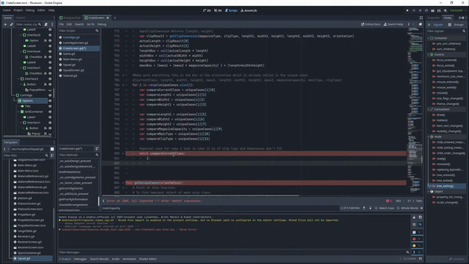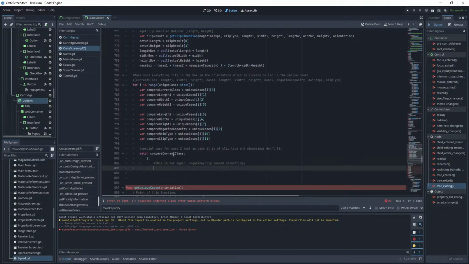And that's just the case 2. Unique cases. That's gonna be